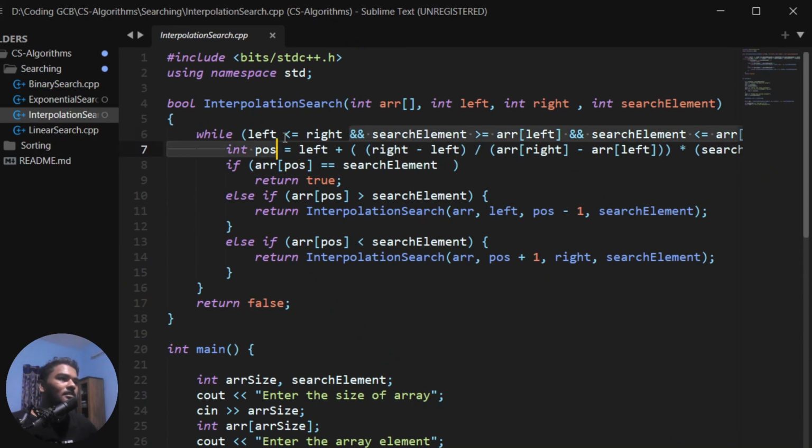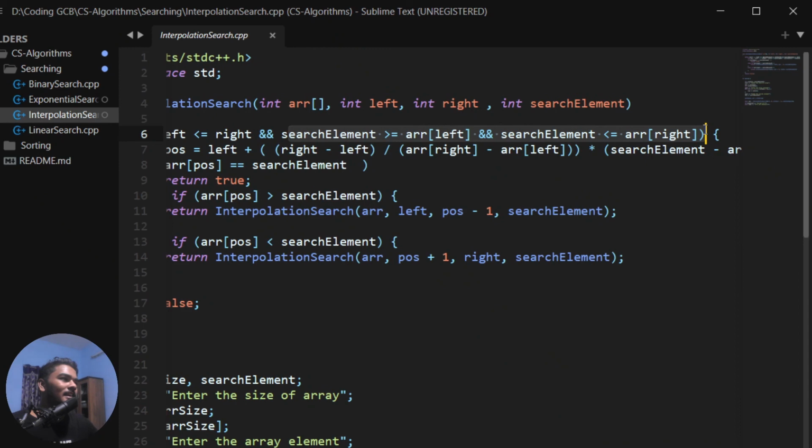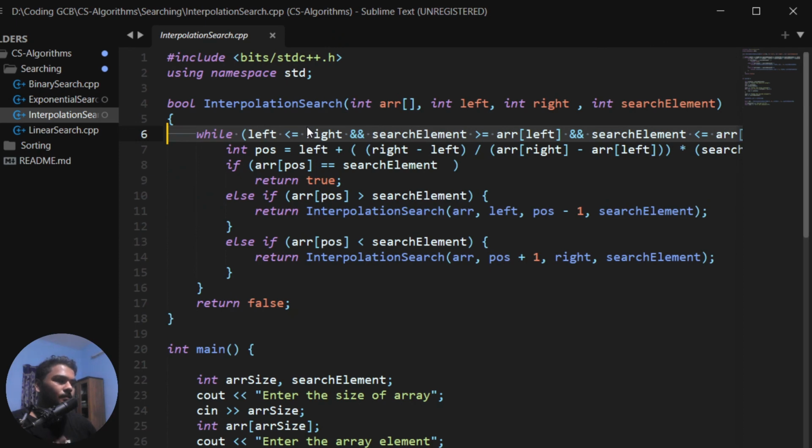Here is the bigger condition, which it needs to pass to go through these 3 smaller conditions. First we check if left is less than or equal to right, then these 2 lines say whether the search element is between the element at the left and the element at the right. If we pass through it, then the thing we are searching for is in the array. So we go to the next steps.